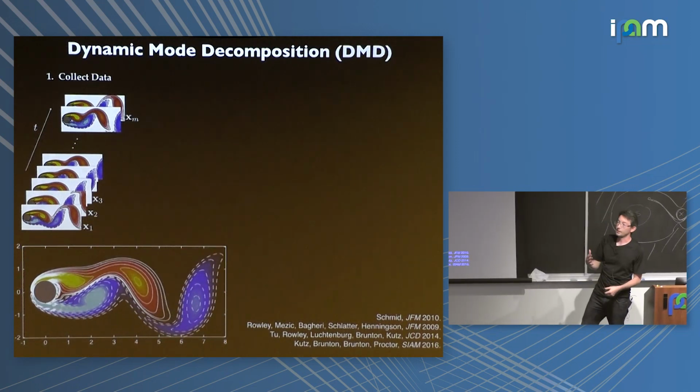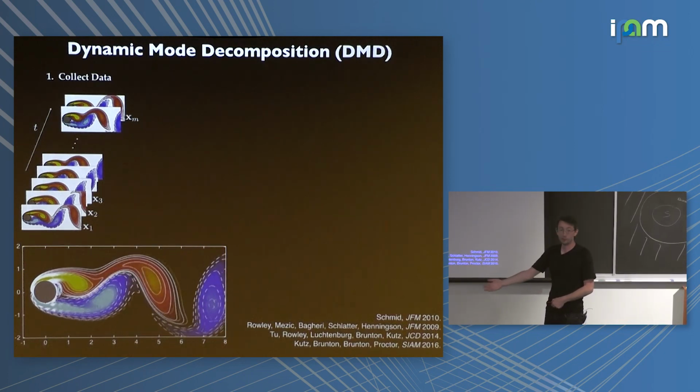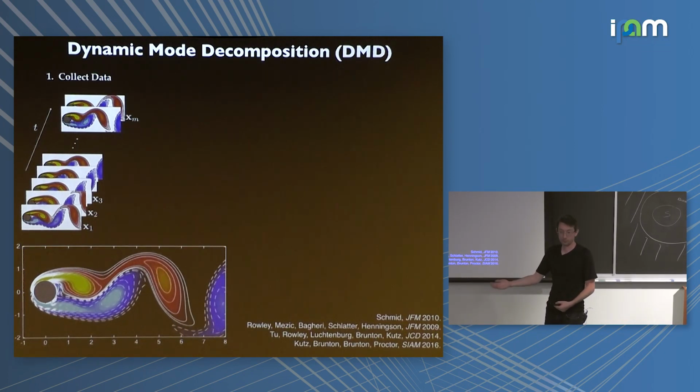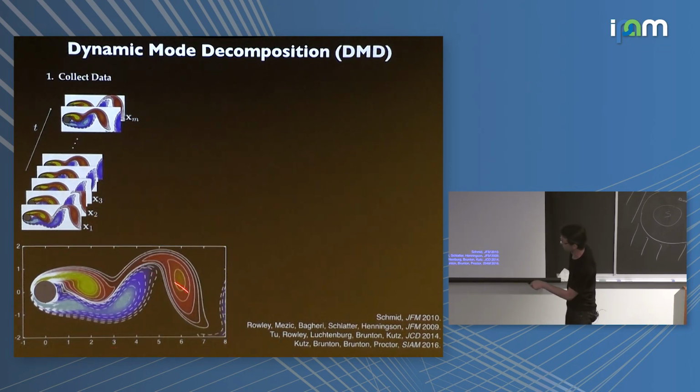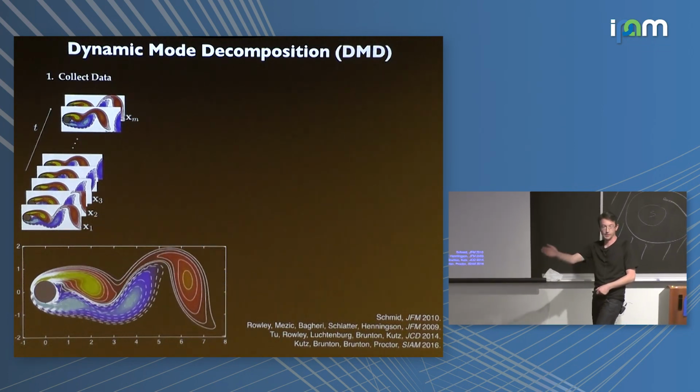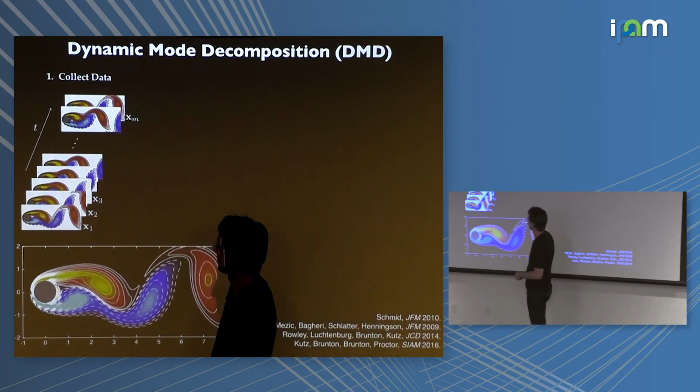Okay, so the idea is you have data from a dynamical system, and remember, dynamical systems are always movies. They're not pictures, or else they'd not be dynamic. So you have a movie of your dynamical system. In this case, it's just fluid flow past a cylinder at low Reynolds number. You see this in the clouds over mountains sometimes.